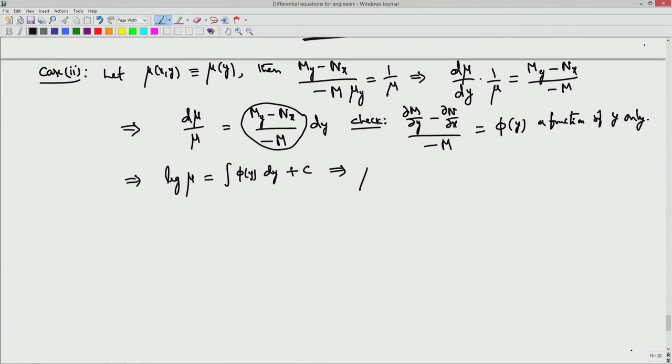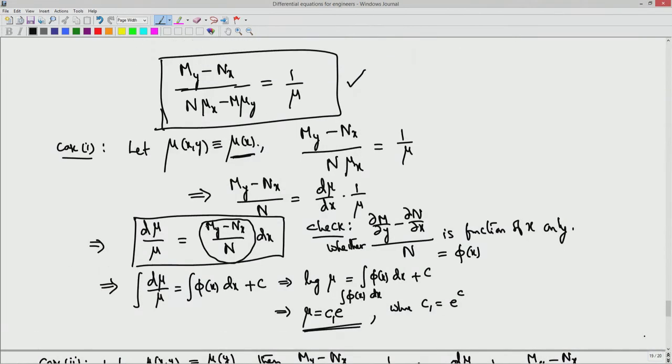That implies you get mu as e power integral phi y dy into e power c, that you can say is an arbitrary constant. C1 is also arbitrary. But I need only one function. If I multiply this, I make the equation exact. If I multiply with some constant it is also fine. If I choose mu as e power integral phi y dy and multiply this to your equation, it can also be made exact. I can choose any value for C1, so without loss of generality, you can choose C1 as 1. Okay. So this way you can get